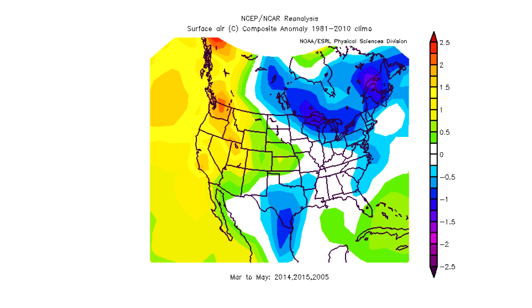We're going to be looking at my analog package here. First off, this is 2014, 2015, and 2005, March to May, and you can see there are above average temperatures for the western United States, basically from Nebraska and Kansas westward all the way to the west coast. It's showing a little bit of below average temperatures for the northern United States and northeastern United States, and I really think this will be a lot less than this is showing.